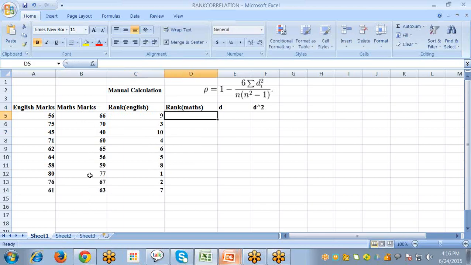And for maths marks, for this column we have to give rank. So here is the first, 77, and then there is 70 for the second, and the third will be, I think 67 would be the third, 66 is 4,